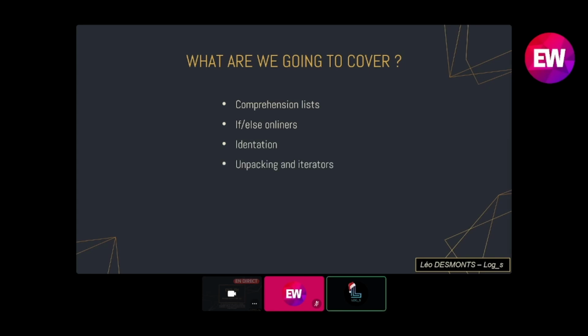We're going to talk a little bit about unpacking iterators. That's maybe the most complicated notion we're going to see today, so we're just going to scratch the surface. We'll talk a little bit about appending, how saving a function in a variable can make you win some precious characters, and finally, we're going to talk about a few Clash of Code specifics that you might not always be able to use depending on the platform where the competitions take place.